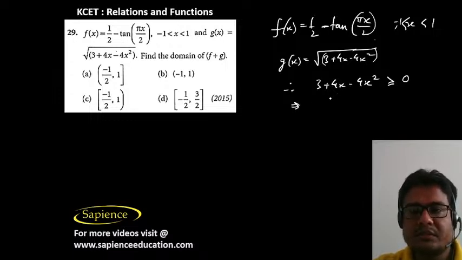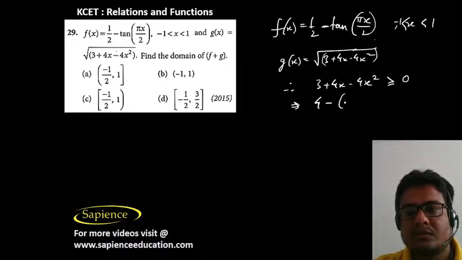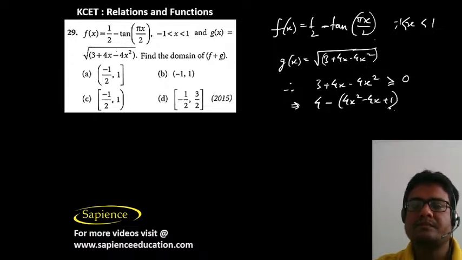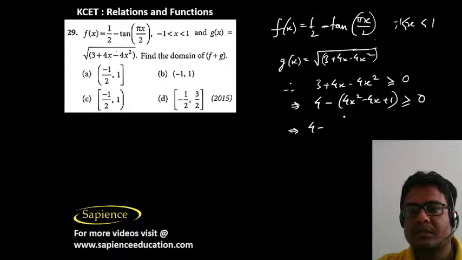So we can say that, okay, this is 4 minus 4x square minus 4x plus 1, that is greater than or equal to 0. So it means 4 minus this, we can write it as 2x minus 1 whole square,